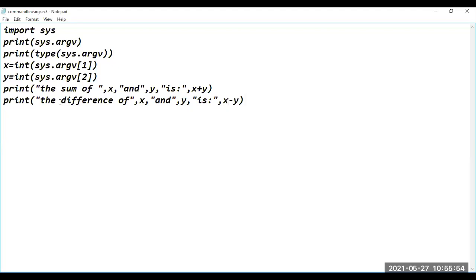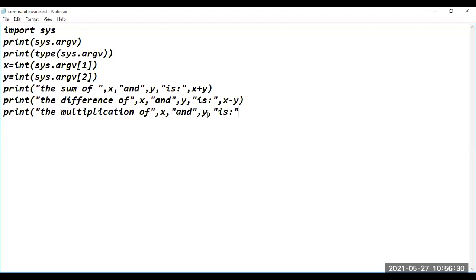Similarly, we can write print the multiplication of, comma, x, comma, and, comma, y, comma, is, or product of x and y.